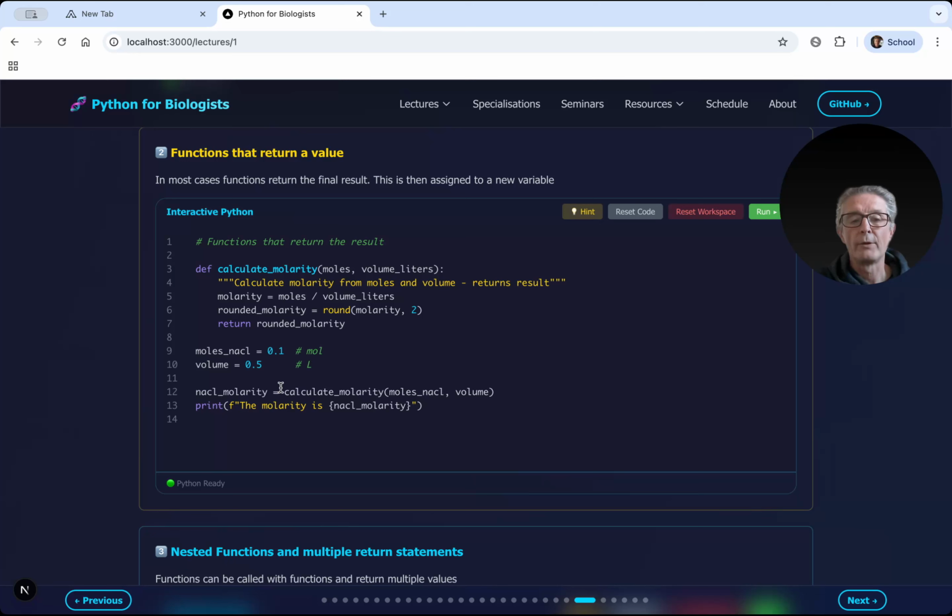And there's actually one important step. This function here now, it will return something. That means we need to bind this to a new variable. So we say here this NaCl molarity equals the result of this function, and the result will be returned here. So this is an important step that you have to realize, that if you don't do this, nothing will happen. The function will run, but we're not catching the output of the function. We need to catch that into a